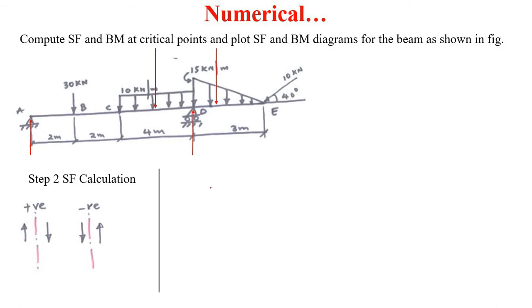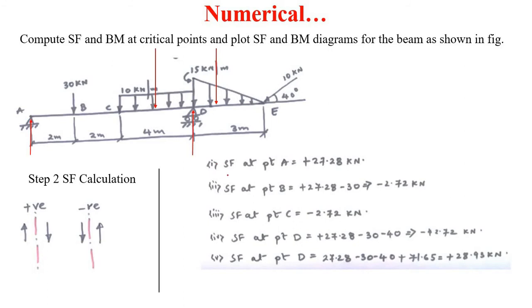So the shear force at point A is equal to this RA. And this RA is equal to 27.28 kilonewton. So this value of the RA support reaction is equal to 27.28 kilonewton. Therefore, the shear force at point A will be this force. Now next, shear force at